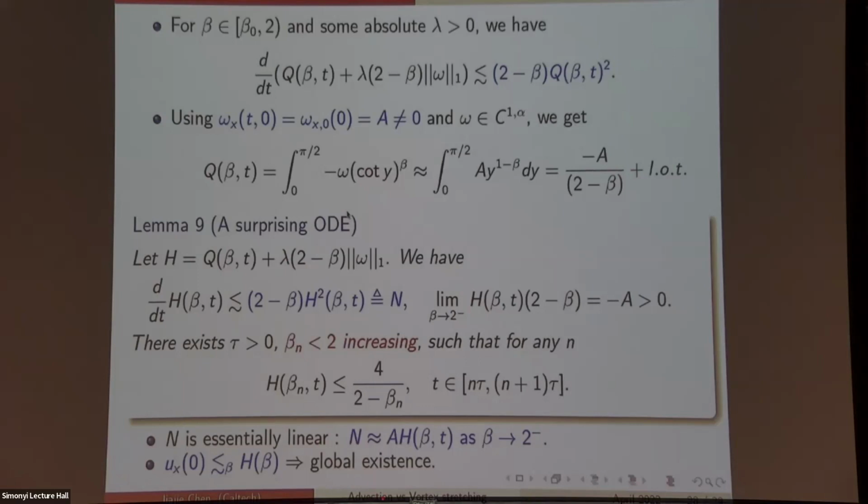Now, thanks to using this energy H, and again using Holder's inequality, we can use these two special quantities to control the one point, E sub x 0. Then thanks to our one point blow-up criteria, we can obtain global existence. So this is the story of this global existence. The mechanism behind the proof is that, due to these special symmetry properties, the gradient of velocity is most likely to blow up at the origin. And the mechanism of the direction is to try to prevent the blow-up of some weighted L1 norm.